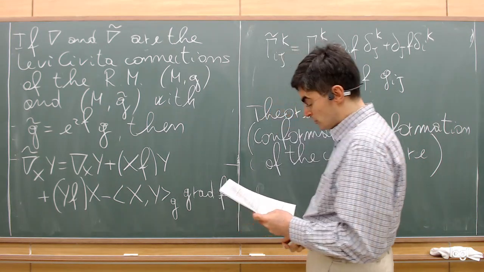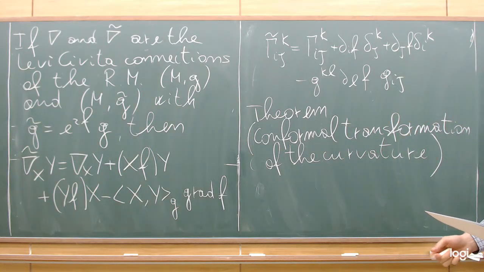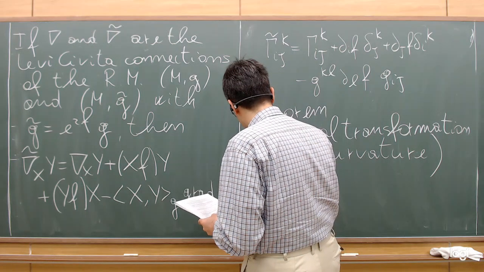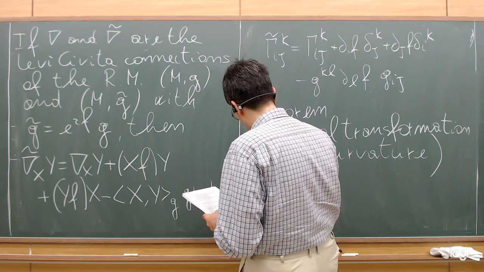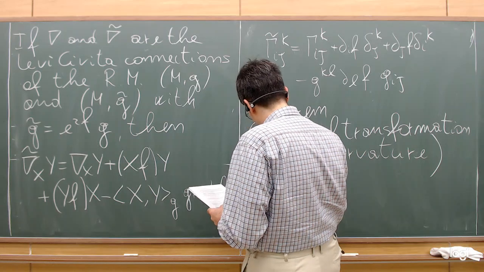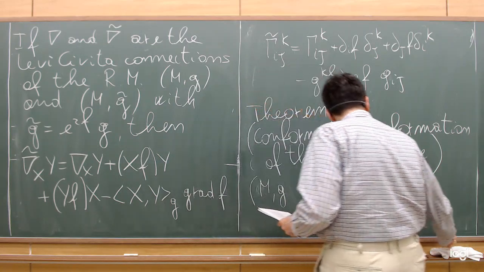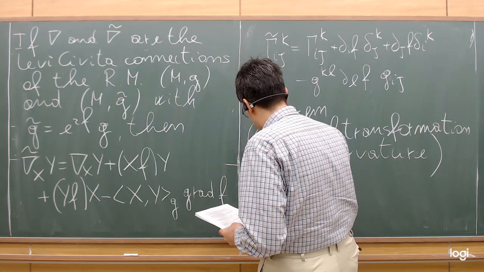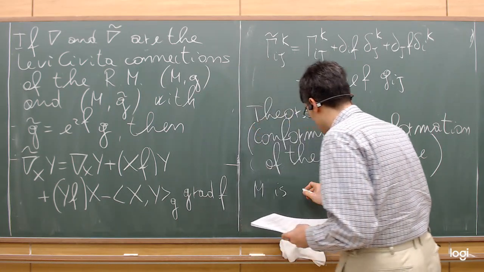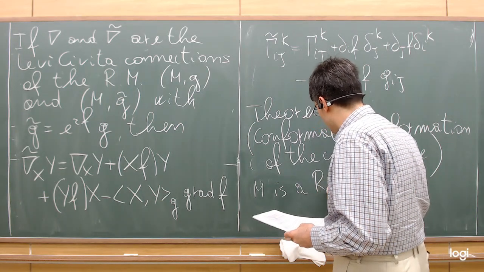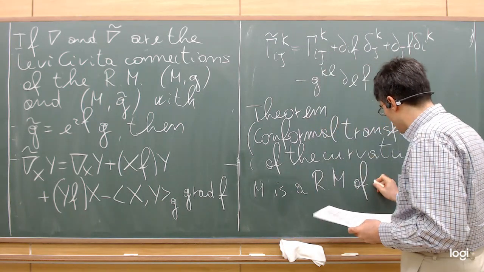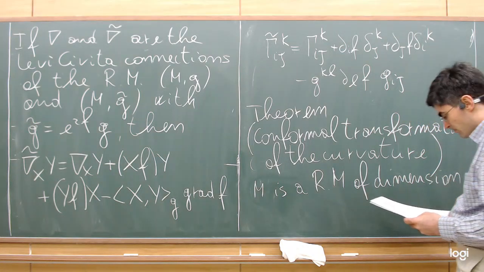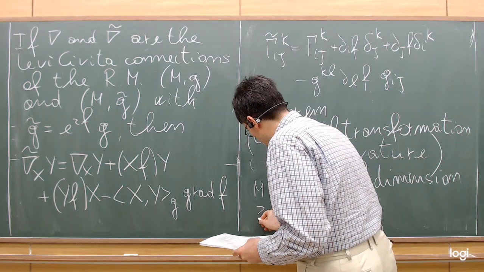I will focus only on the formula for the Schouten tensor and the Weil tensor. So suppose that M is a Riemannian manifold of dimension larger or equal to 3,